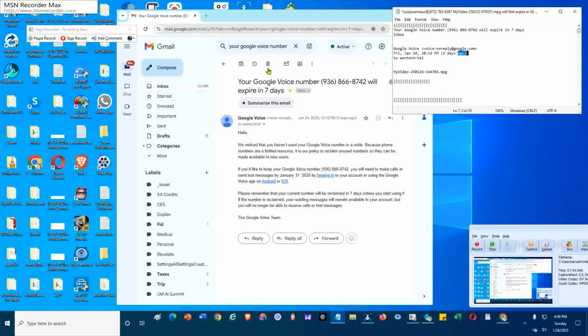In the meantime, I'd like to delete this message so I don't have to deal with it, since I know that I will no longer need it, because I'm going to make an outbound call.